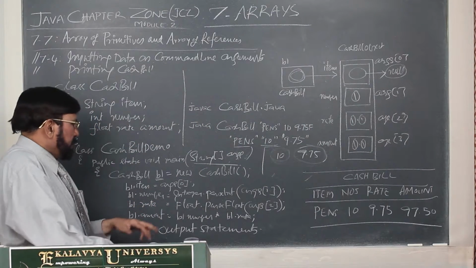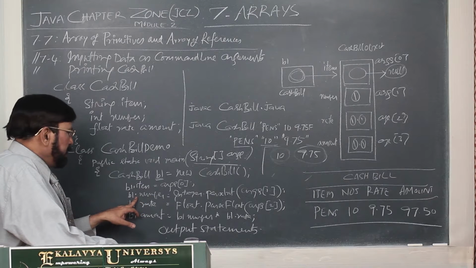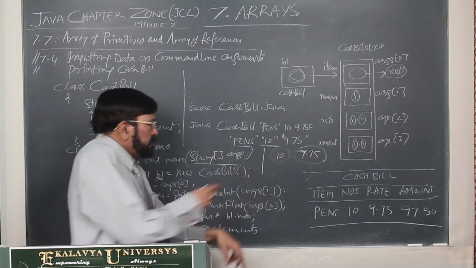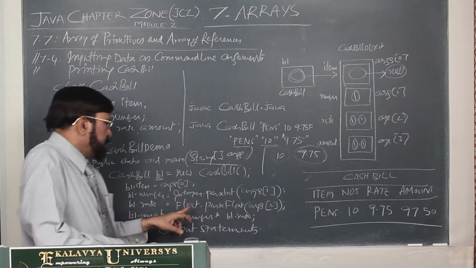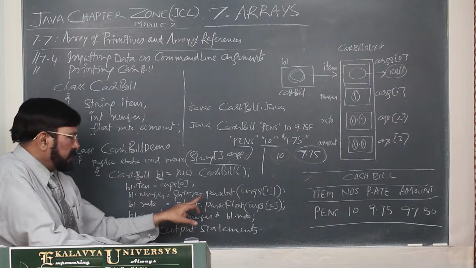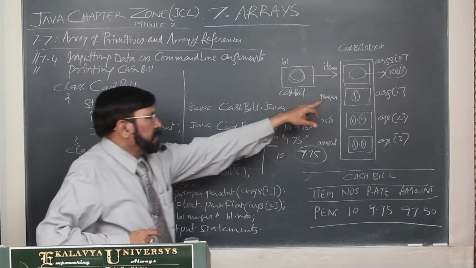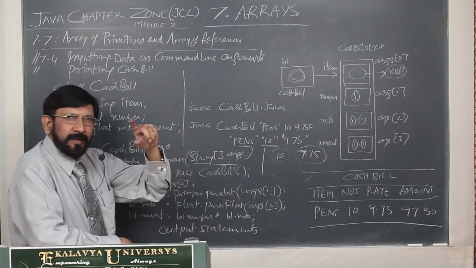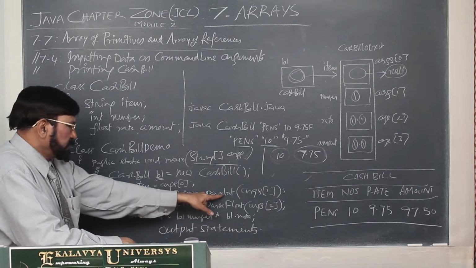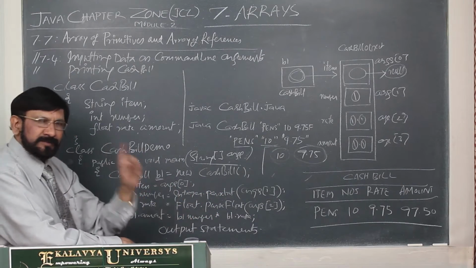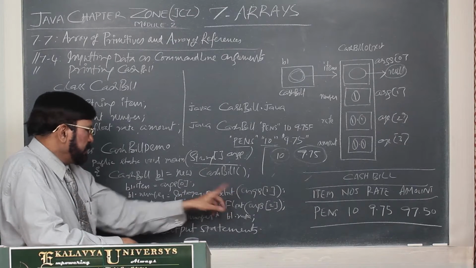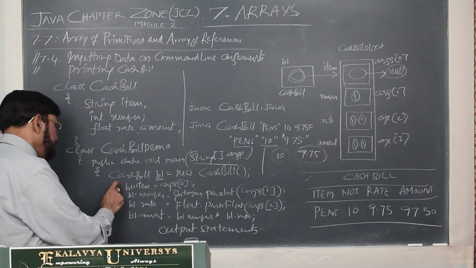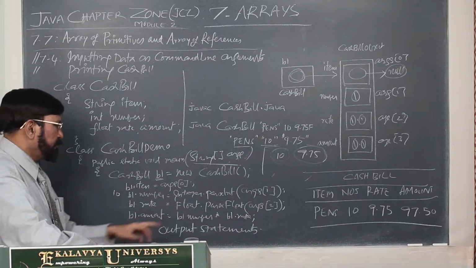Now you see here b1 number. For transforming this 10, we have to remove the wrapper. For that purpose, what are we using? Integer dot parseInt args1. In args1 only the 10 is stored in string form. In order to remove the wrapper, we are using this static method. The Integer class provides it, Integer dot parseInt, then it is assigned to b1 dot number. So this is a real integer constant that is stored.